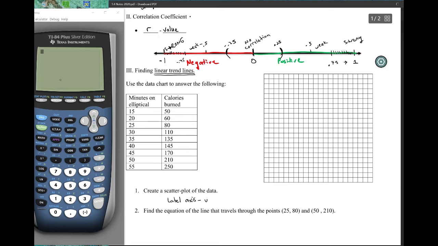So we have minutes on our X, and we have calories burned on the Y. Minutes, we're ranging up to 55, so we can even go by 5s here: 5, 10, 15, 20, 25, 30, 35, 40, 50, 55, 60. And calories, it looks like if we go by 10s, we'll be okay. 10, 20, 30, 40, 50, 60, 70, 80,